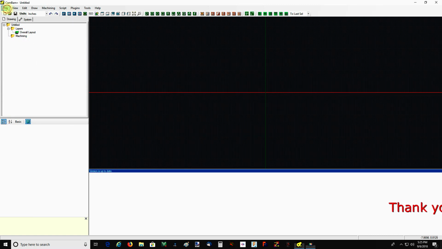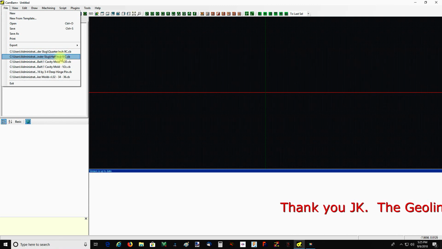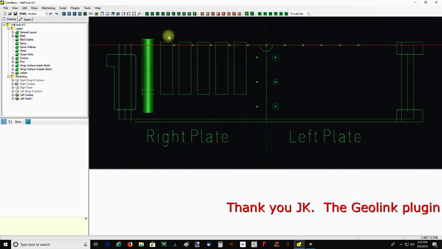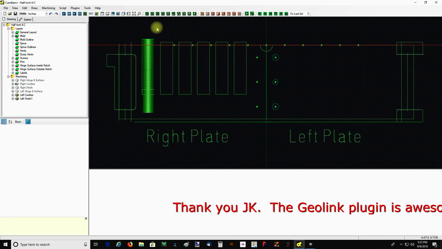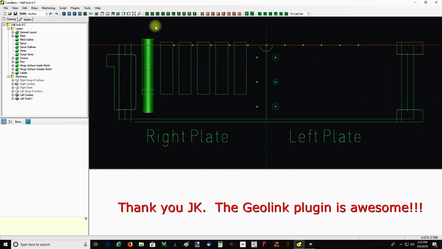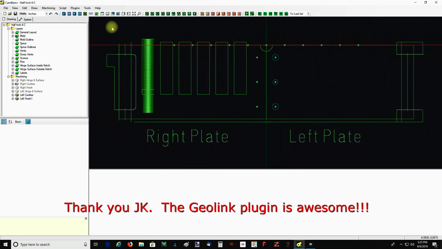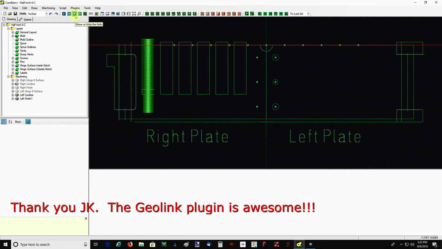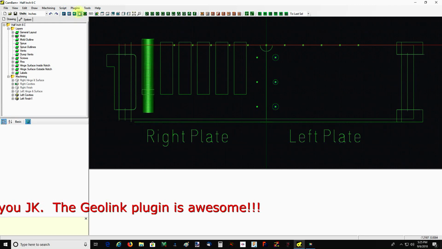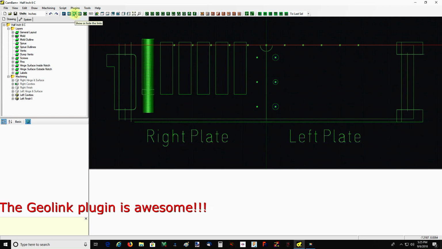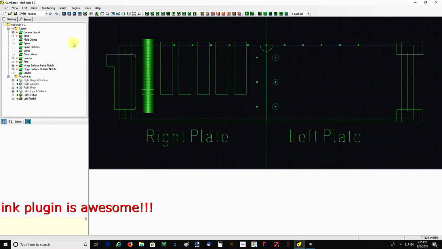Hey guys, it's been a little while since I've done a CamBam video, and I just wanted to show off this plugin that a CamBam user named JK, that's the handle he goes by on the CamBam forum, created recently. See this little arrow right here? I'm circling it, it's highlighted. That little arrow turns on an associative arrow system that kind of helps you keep operations and geometry that are